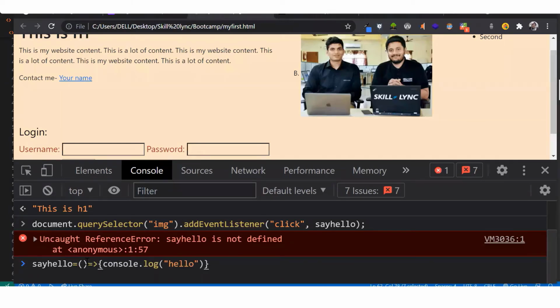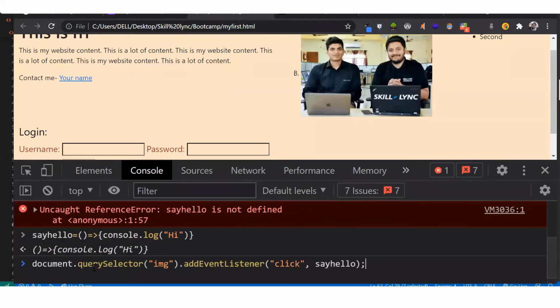Arrow function means just put your arguments in the round brackets. Whatever the name of the function is, just do an equal to, put in any arguments. But right now I don't need any arguments, and then use an arrow type of symbol, which is just an equal to and then a greater sign, and then put whatever you want to execute in your console.log. So what this means is that sayHello equal to, and then your round brackets, and then equal to, and then a greater sign, and then your curly braces, and then do a console.log hi, let's say. Okay, so this is my sayHello, and now let me go back and execute this.